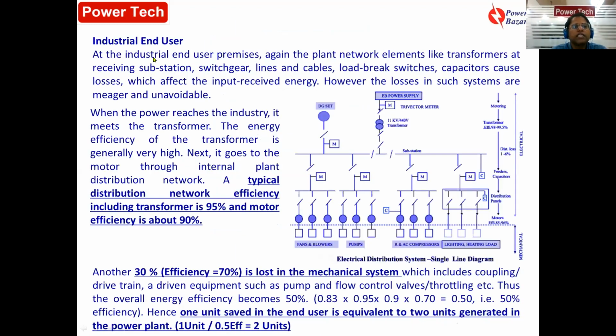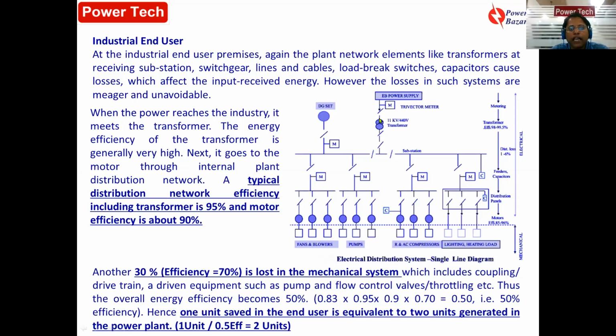Now let us come to an industrial user process flow diagram or single line diagram of an electrical distribution system. Here you get the EB supply. EB supply means electrical power supply from the distribution company. It can be 400 kV, it can be 11 kV. Based on the substation design, you can avail power supply at different voltages. So the industry has a choice of what voltage it needs to get the supply from the distribution company.